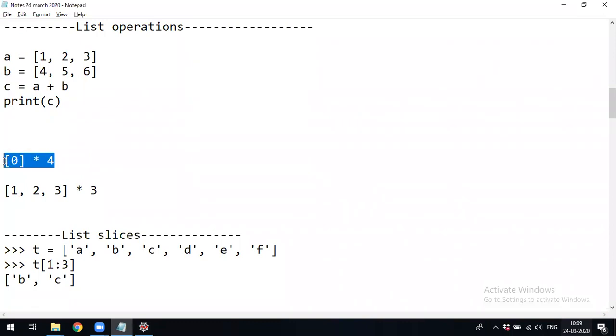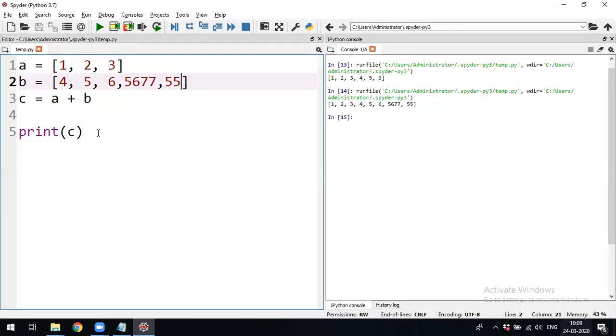The same thing, the operator multiplication. See how the multiplication will react now. There is a list called zero list. You are going to multiply that zero list 4 times.